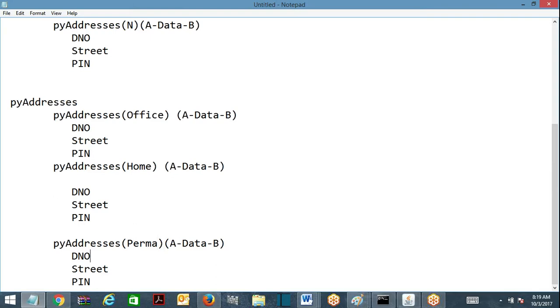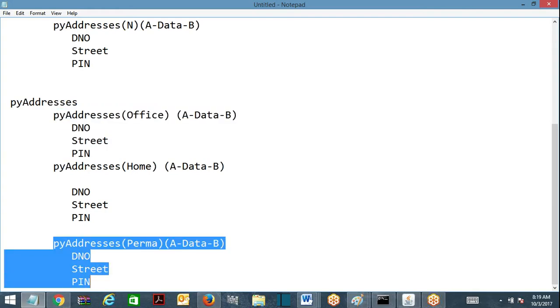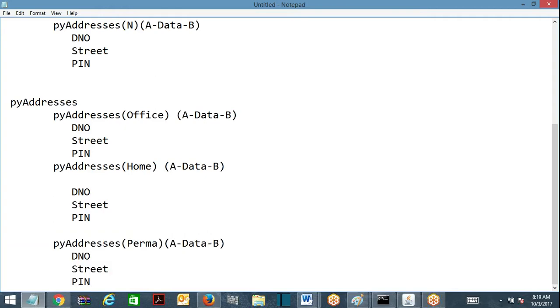So looking at the clipboard structure, can I conclude that this is the office address? Looking at the clipboard, can I conclude this is permanent address? So now this is referring to a dash data dash office class. This is referring to a dash data dash home class. This is referring to a dash data dash permanent something.